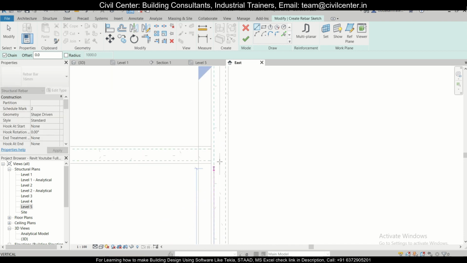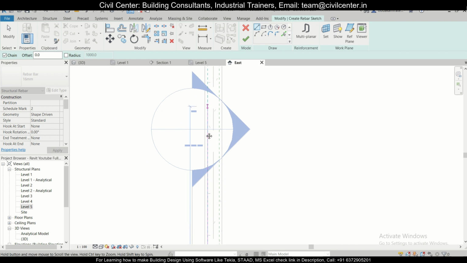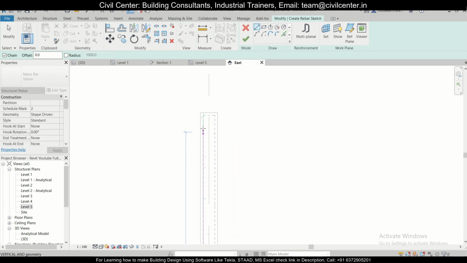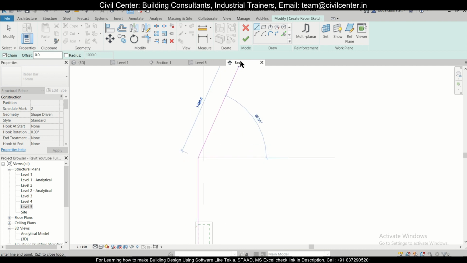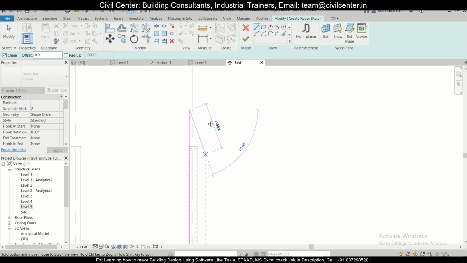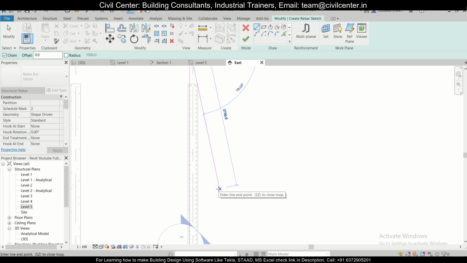And as you can see, we are going along with the grids here. So let's take it upwards by at least some portion. So that's the shape which we want, and this particular shape we can change later.